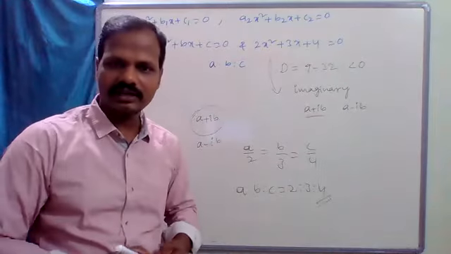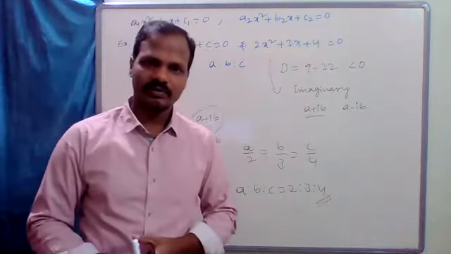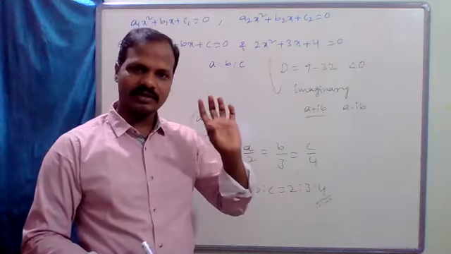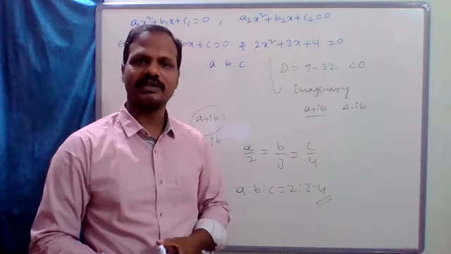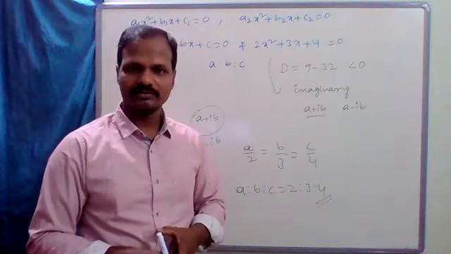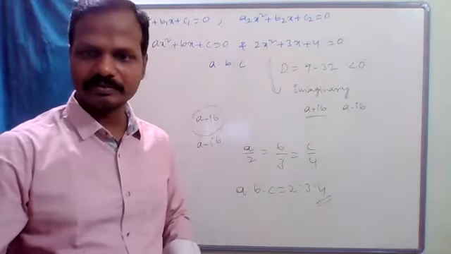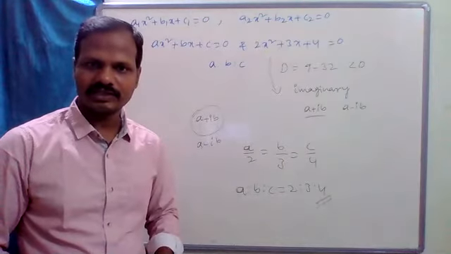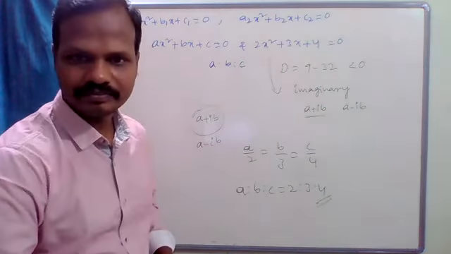Okay, is it clear? So when a problem is given, if one root is common, then you have to observe the second equation. What is the nature of the roots of that second equation? Then there is a possibility that both roots are common. Okay? Is it clear to everybody? If it is clear, I will give another problem which is somewhat different.